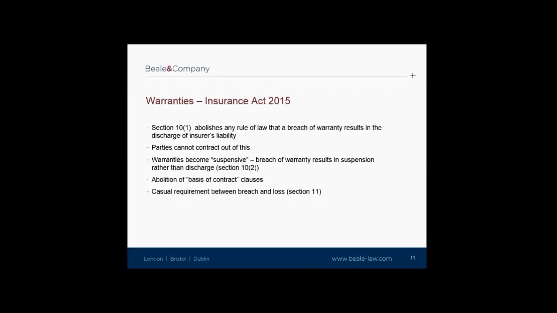Thirdly, in some instances, a breach of warranty will only prevent a claim if it increases the risk of the loss. This also applies to other terms in the policy. A new clause has now been included which applies to terms which reduce the risk of A, loss of a particular kind, B, loss at a particular location, or C, loss at a particular time. An insurer will not be able to rely on non-compliance with the term if the insured shows that the non-compliance could not have increased the risk of loss. The change is consistent with the Law Commission's characterisation of warranties as risk control measures.